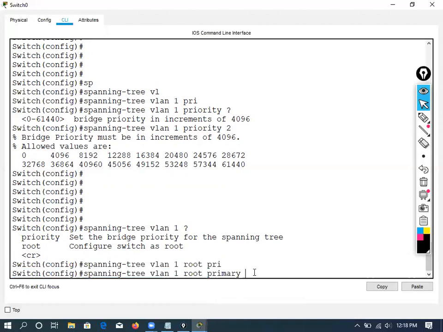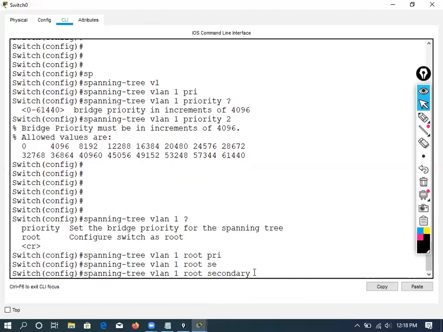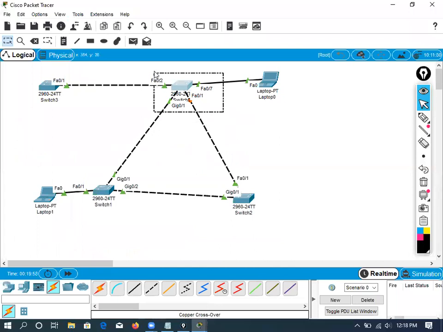And you also have an option here called secondary. You know the primary and secondary concept, right? Let's say as of now, I'm going to make this switch a primary switch. What if that goes down? So I'm going to say you act like a primary. That's why we select primary and secondary. It's possible. Is it clear? But if you want to give the value yourself, you need to give one bridge priority value here, another bridge priority value there. Then it works. Clearly understand? In both methods you can configure, it's totally up to you. Got the concept here? Okay.